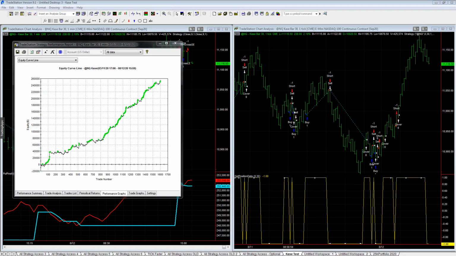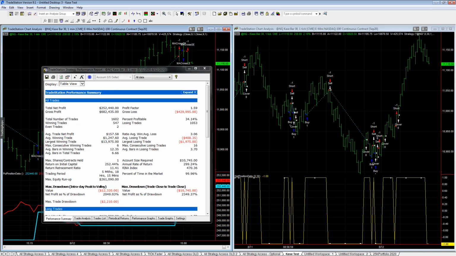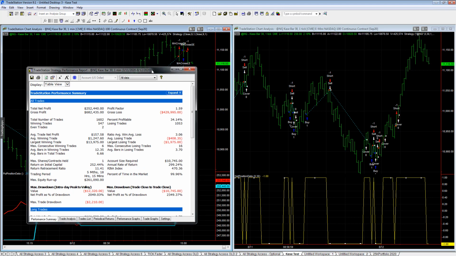Working on a money management algorithm update for the Kase Bars. We want to make sure we accurately test Kase Bars. For example, when you test Kase Bars, you have to make sure that you are using a 1-tick interval look inside bar. Here is a 5-month back test of a Kase Bar with a target range of 30, only with